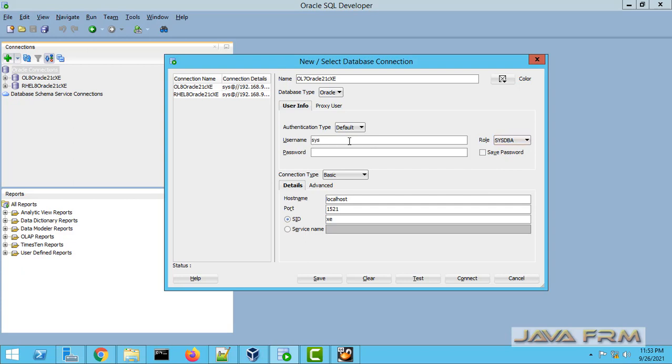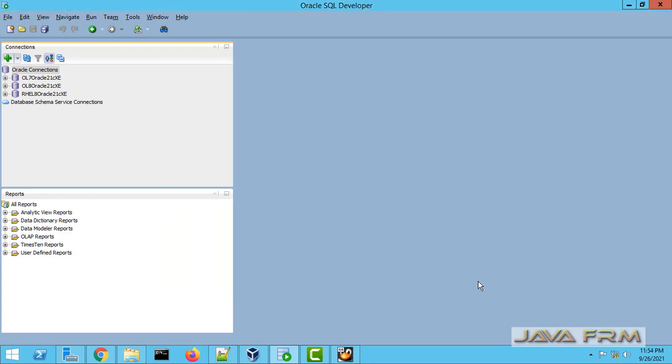So here I am logging in as a sys user. As role I have selected sysdba. Provide the password which I have provided during the install. So the IP address of that Linux box, that is the Oracle Linux 7 box.